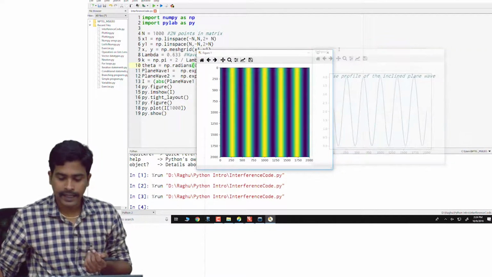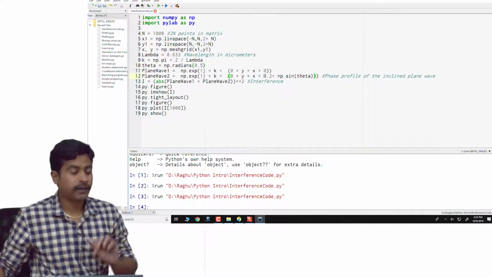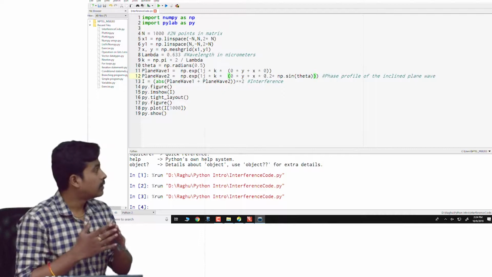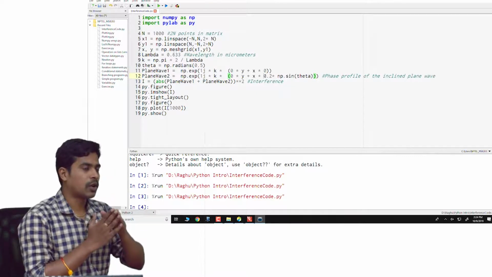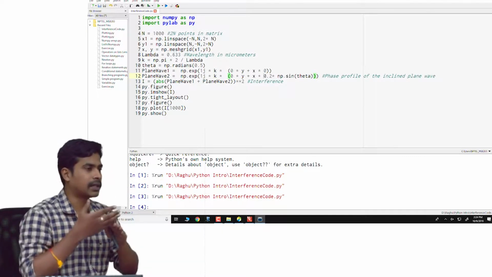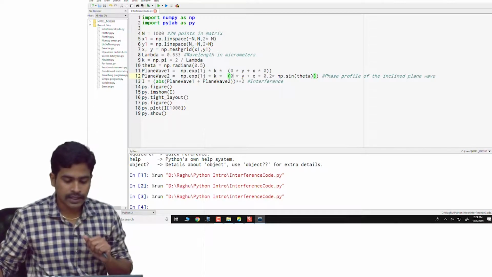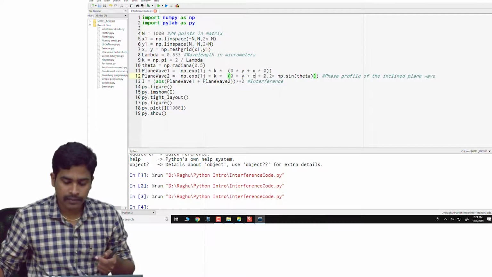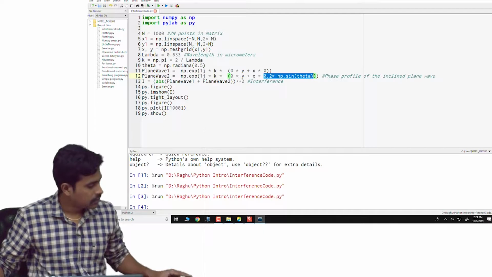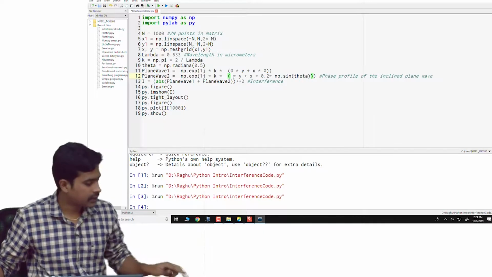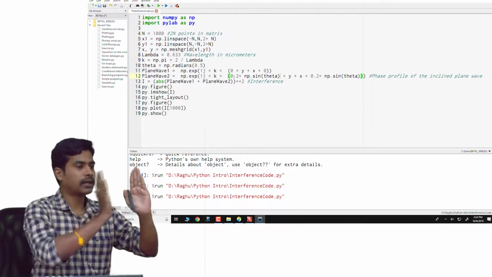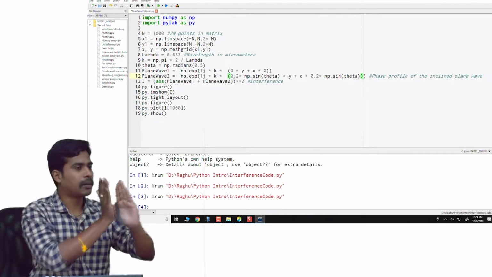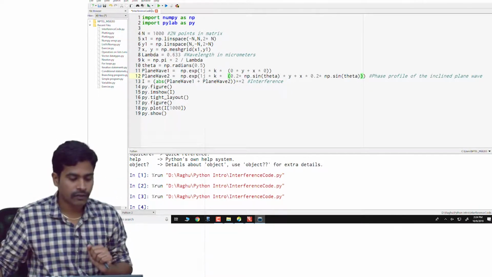Okay. And the second thing I said was, what happens if we give a path difference that is a function of both x and y, which means the plane waves are no longer in the xy plane. The second wave is coming from some other arbitrary direction. Actually this should have been y, but anyway we will just use the same path difference term for the y variation. Now plane wave 1 is coming like that, and the second plane wave, instead of going in this plane, is coming from some oblique plane. If we run this program now,